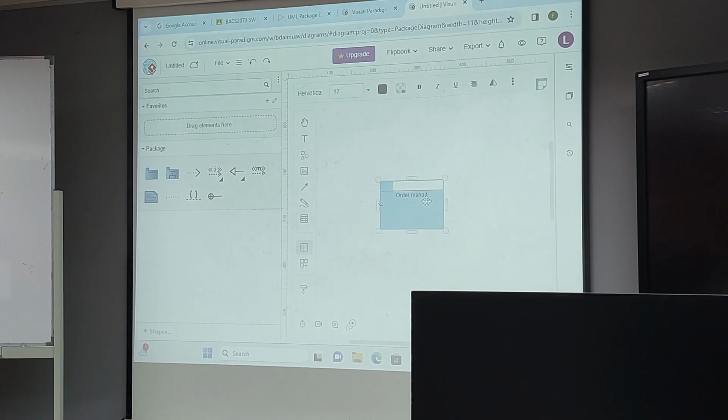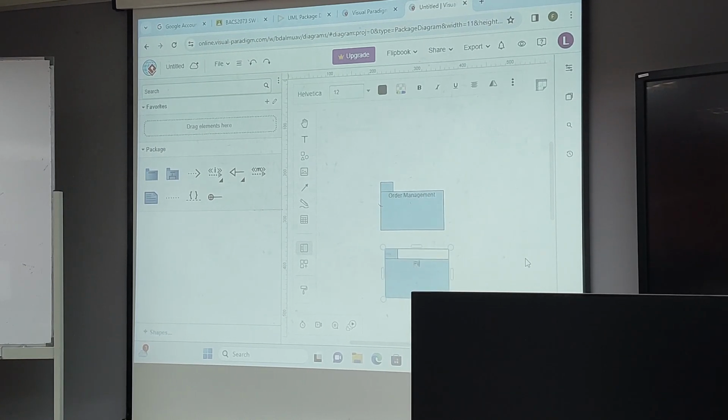Order management. Maybe I can have another one, which is the payment. I don't want to put payment management, I just put payment. And then another one, definitely, this one is the